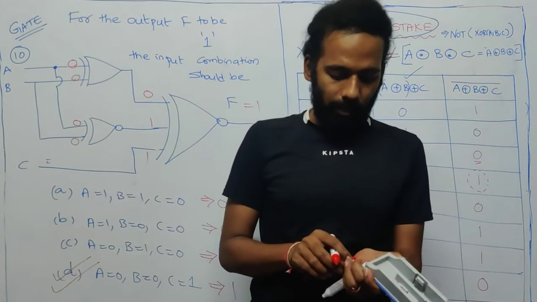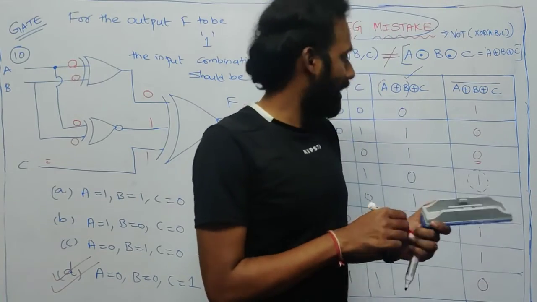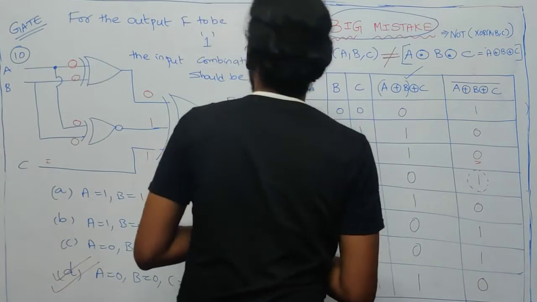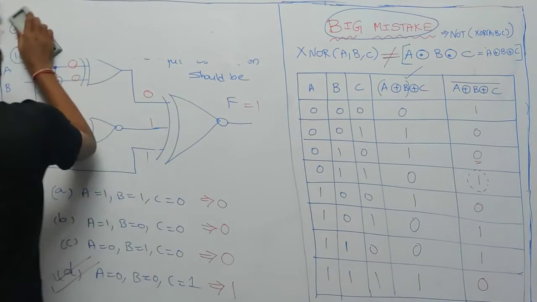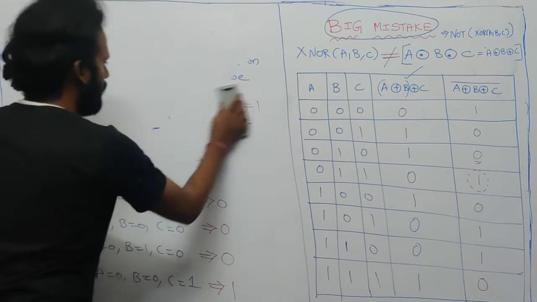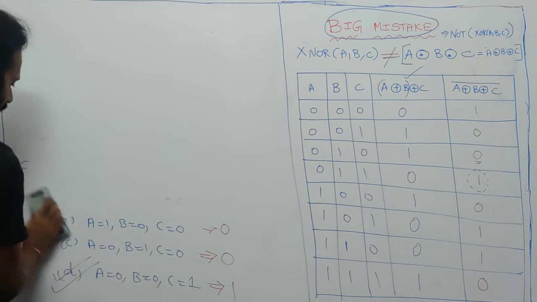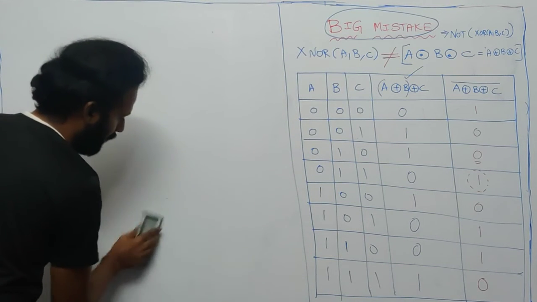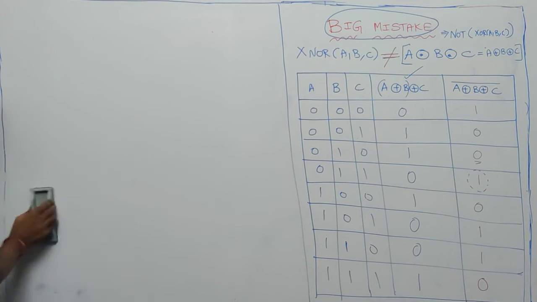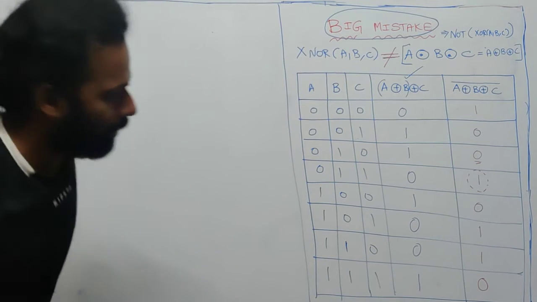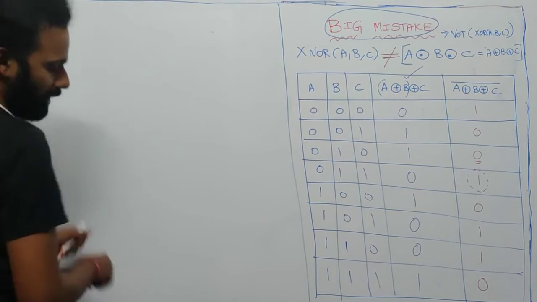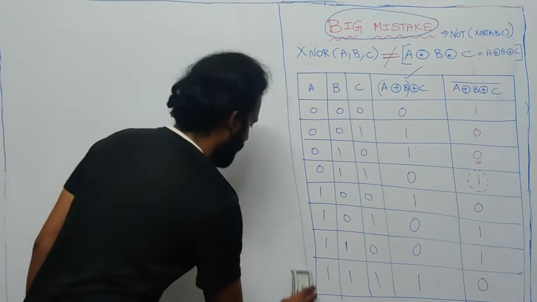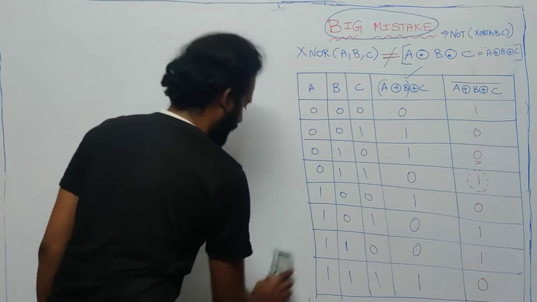So now let's see why. What I said is I have to validate this, right? Correct? Now let us form a table. You already got A XOR B XOR C, correct? Now let's form A XNOR B XNOR C. Before we do that, let us understand a little basic about the XNOR.